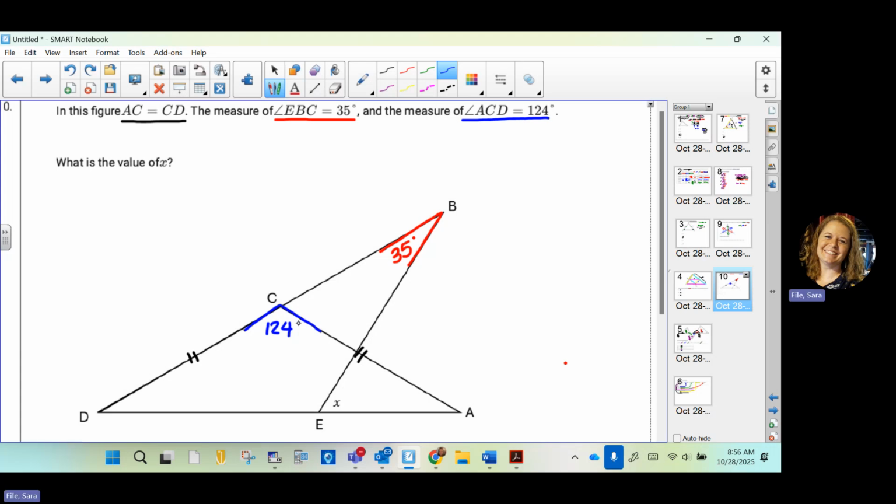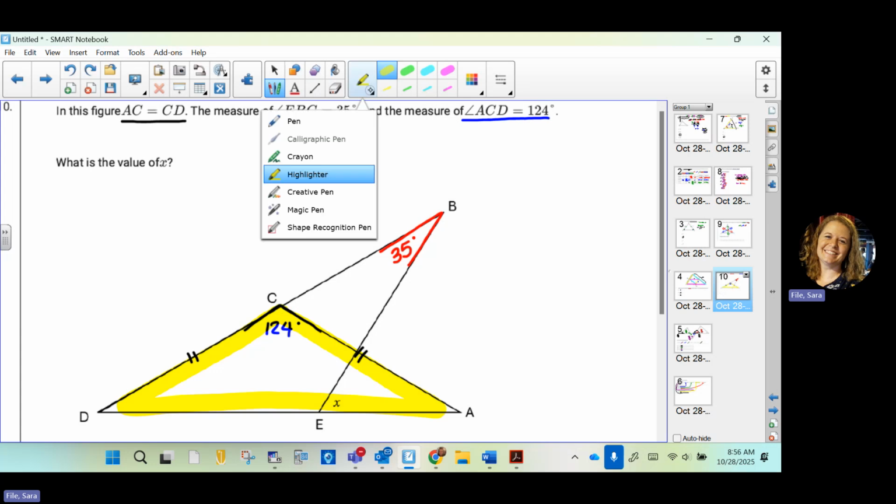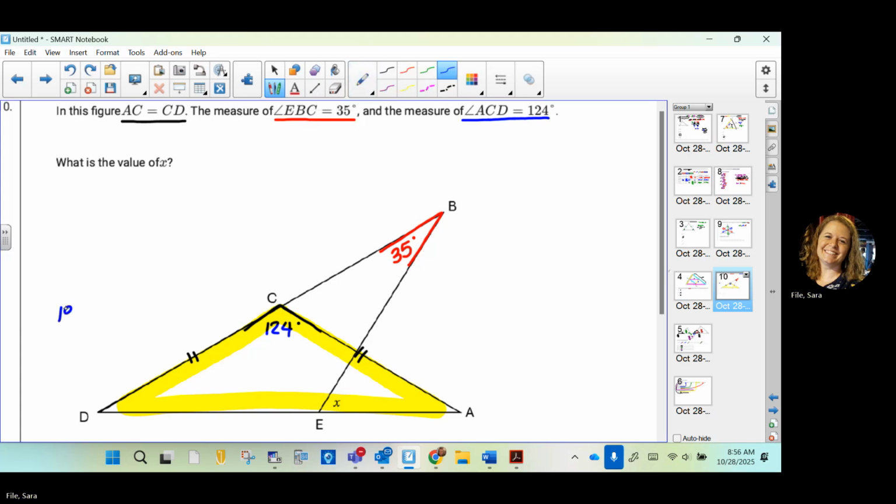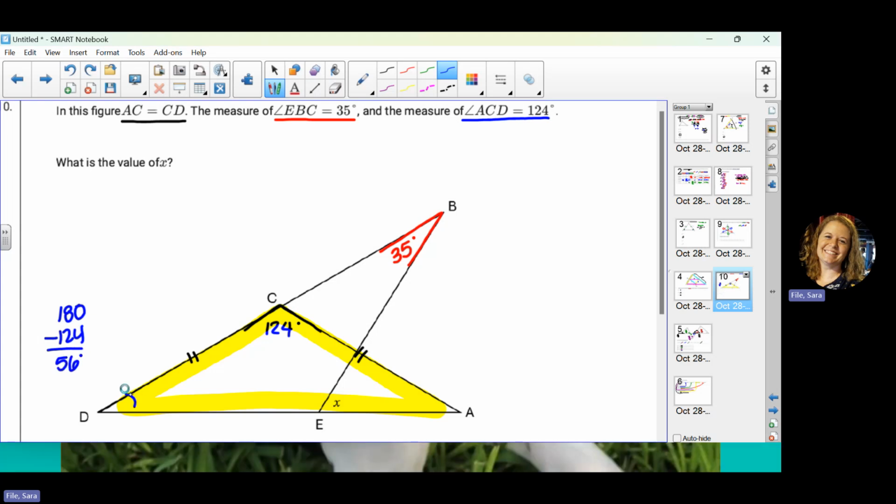So we're going to have to work our way around, kind of like that other one, and find this missing angle X down here. Now, in an isosceles triangle, I am focusing right now, you don't have to highlight this, but I am going to highlight, I'm focusing on this triangle. It's isosceles. If I know that vertex angle is 124, I do 180 minus 124. I'm left with 56. I know that these two angles have to be